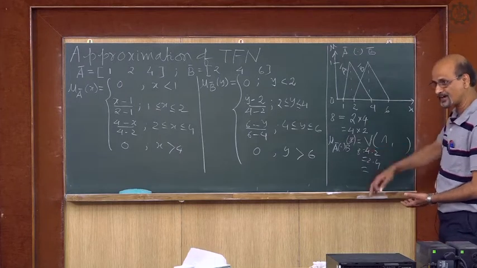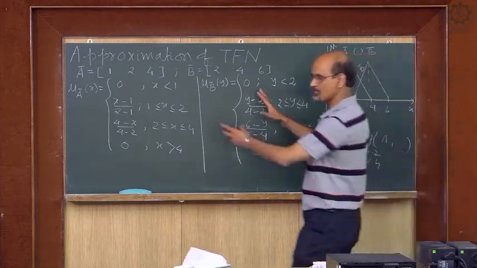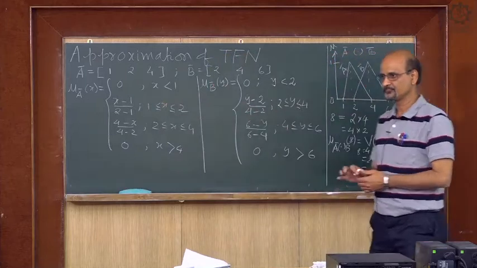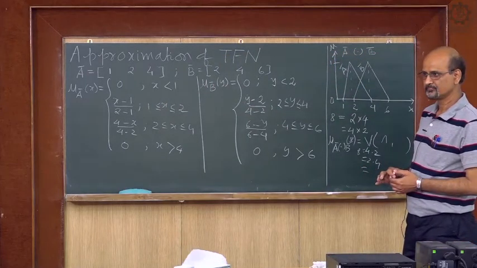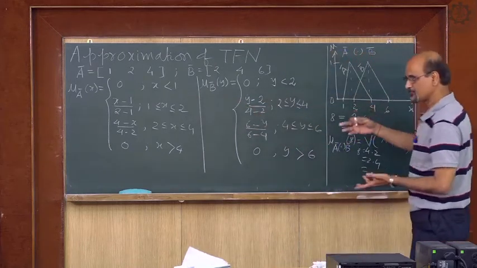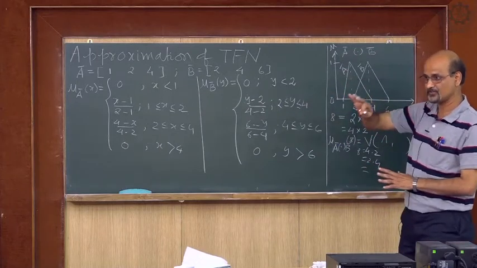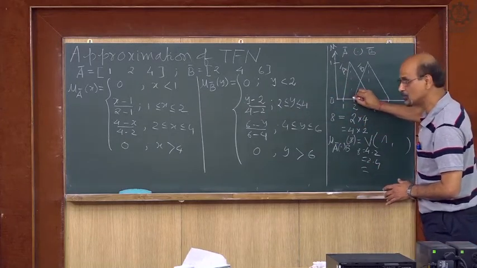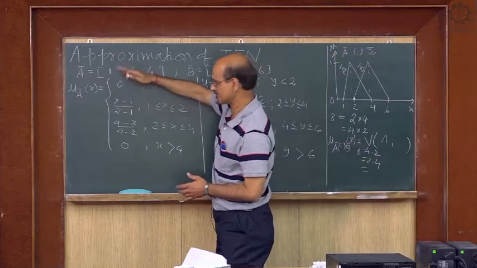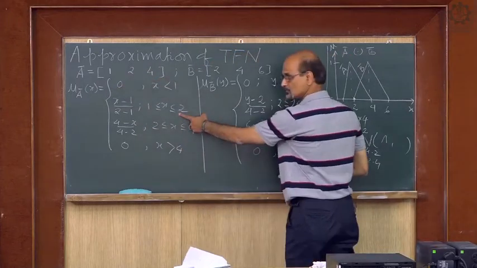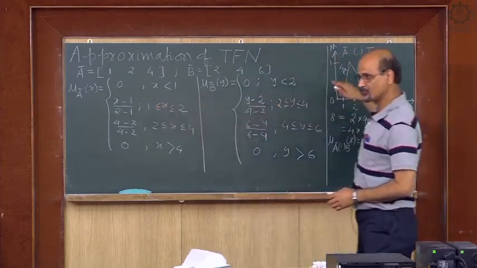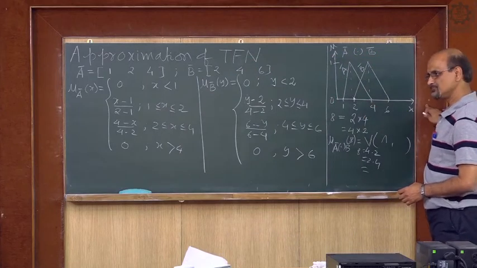Suppose I did all that, what will you get? Suppose I want to multiply membership values. What will be the minimum value here? Maybe 0, but if this is a TFN, it will not be a TFN, as I told yesterday. So, I actually have 2 here because of multiplication, and what will be the maximum?